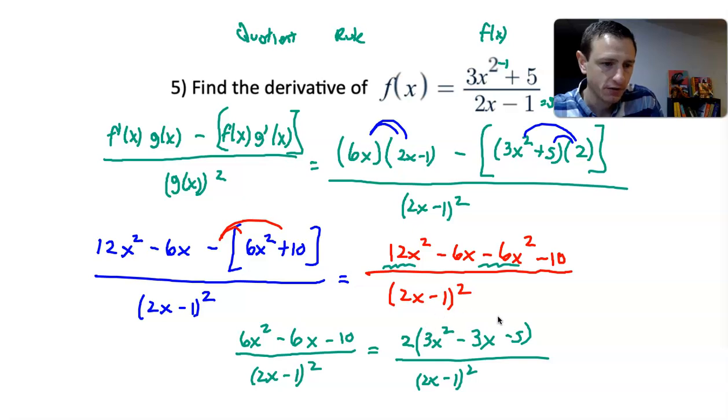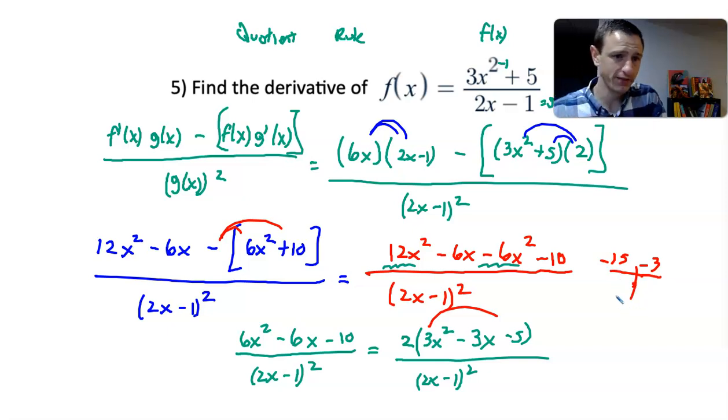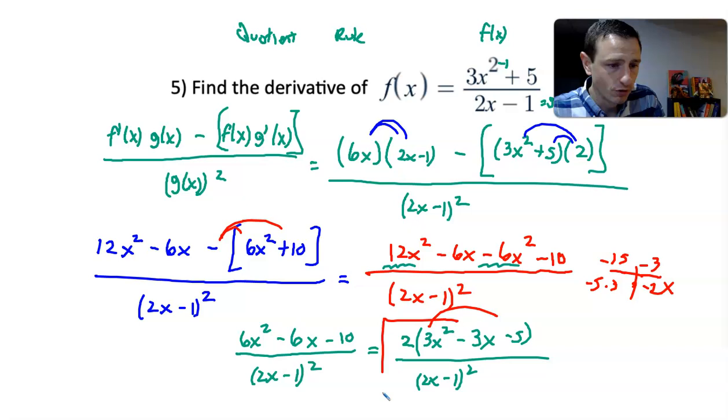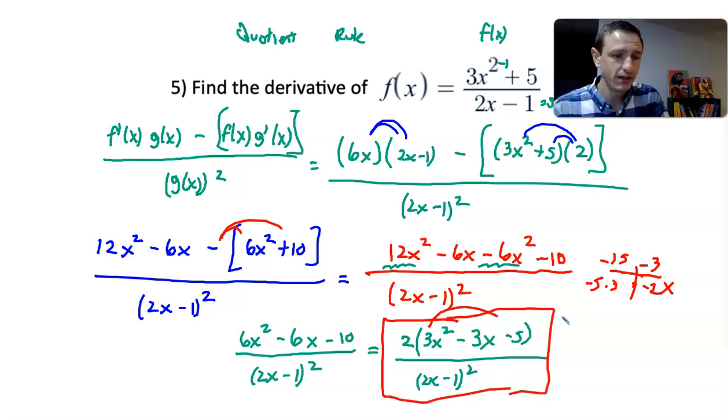If we try to use the AC method, we want two numbers that multiply to negative 15 and add up to negative 3. If you take this extra 15, 20 seconds and think, I need two numbers that multiply to negative 15 and add up to negative 3. I could try negative 5 and 3. Negative 5 times 3 is negative 15, but negative 5 plus 3 is negative 2. So that doesn't work. And then 3 and 5, not going to work. 15 and 1, 1 and 15, not going to work. So, okay, that's not going to factor. So this would be the simplified version, because the only reason I'm checking that is